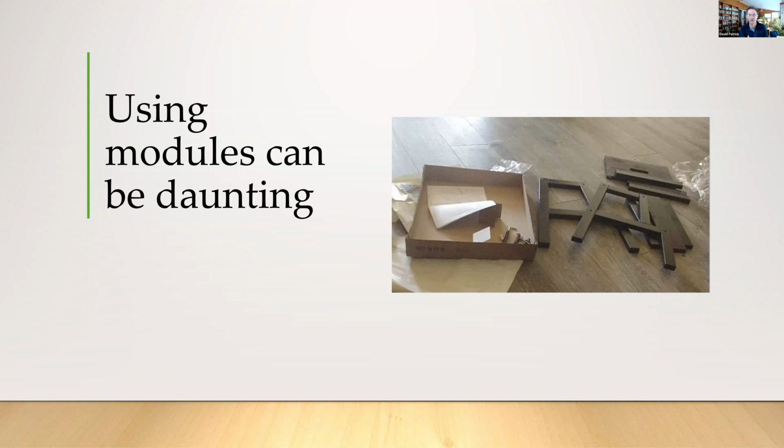So often when you buy furniture from a large store, it comes in a box and you have to assemble it yourself. And when you open that box, you can find everything from a single sheet of paper that says, okay, build this chest of drawers. You need a wrench, good luck, right through to a 15-page manual that gives you step-by-step guidance. It gives you a lot more confidence that when you get to the end, you're going to have a functioning chest of drawers. We have aimed far more towards guidance at that end of the spectrum,